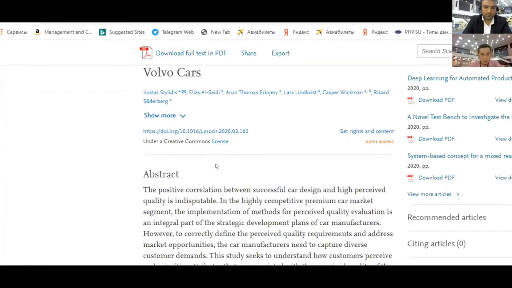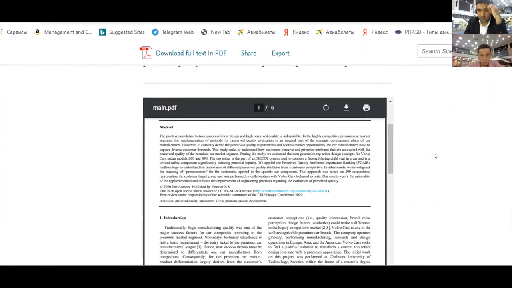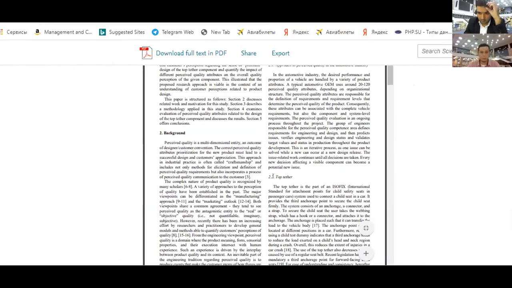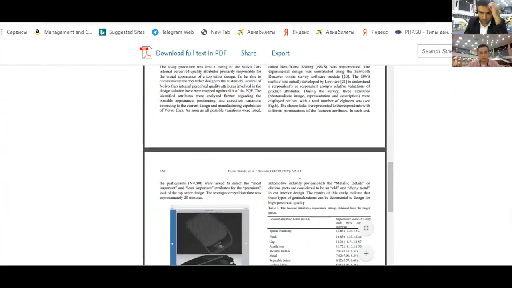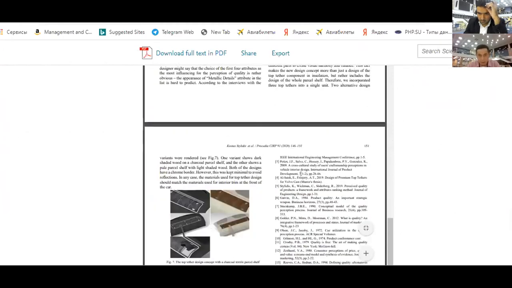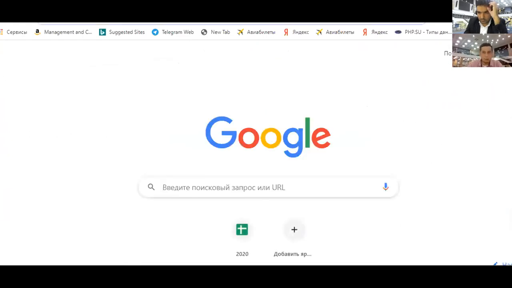Scholarly articles always provide an abstract, keywords for the source, introduction, background, and discussion. And at the end of this paper, you may see the reference list. This is a credible source. For non-credible sources, let's choose